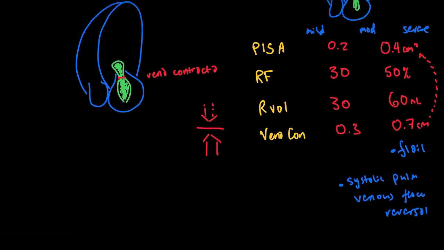So normally, we'll do normal and then we'll do the abnormal. Normally, you'll expect to see your S wave, your D wave, and then your A reversal. This is normal pulmonary venous flow. If instead you see that the S wave is inverted, there's flow reversal. This right here, this S wave that's reversed, that is a sign of severe